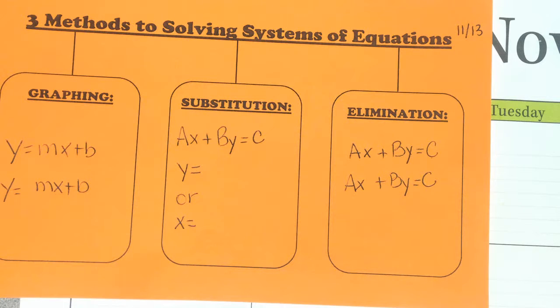Okay, any questions over that? Can we all recognize the forms when they're set up in the equation? Yeah? How do we know when it's in standard form? Both variables are on the same side, okay? And then in substitution, we notice that one of them is what? One of them is solved for, right? Okay. And in the other one, both are solved for. All right, so let's go to